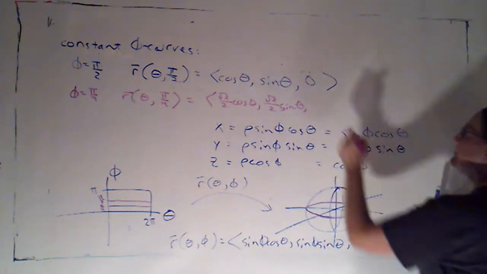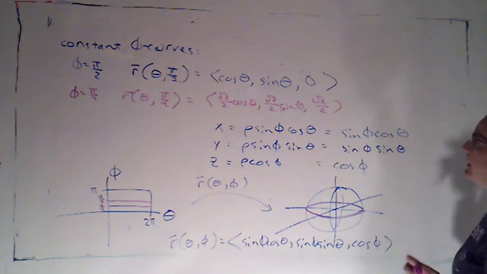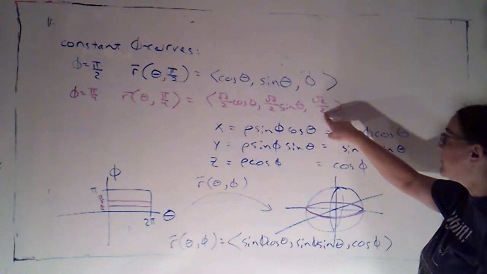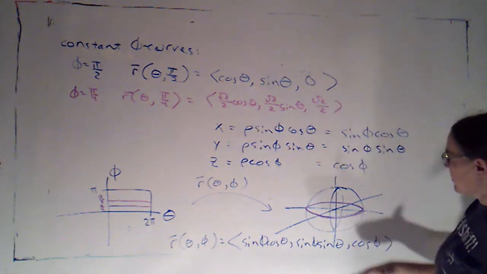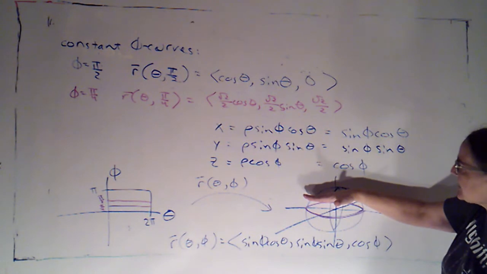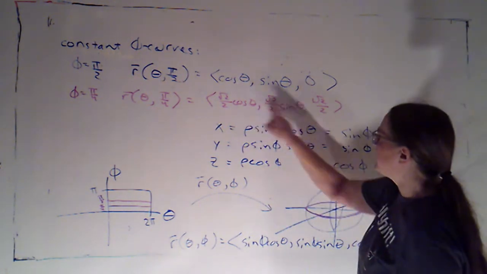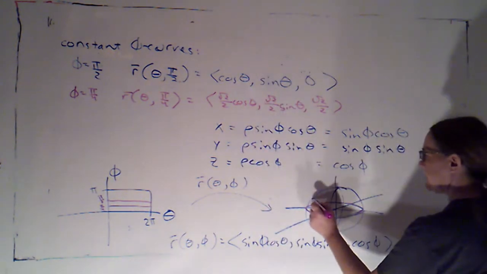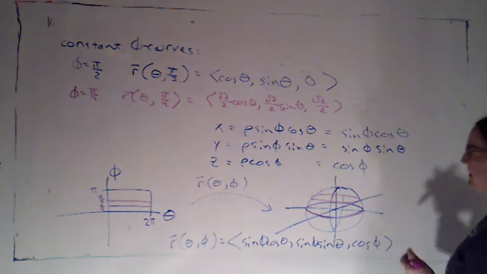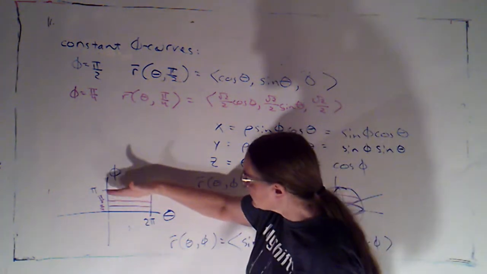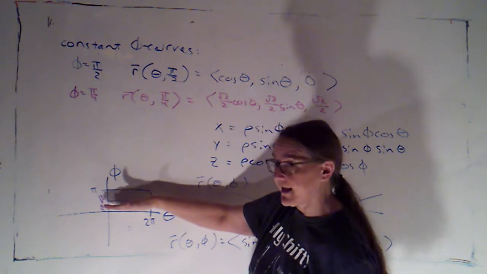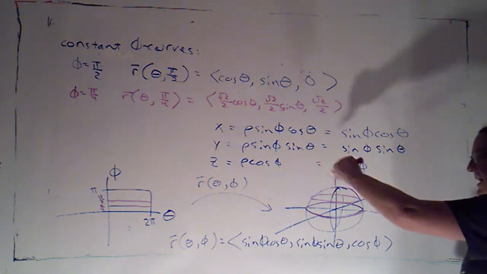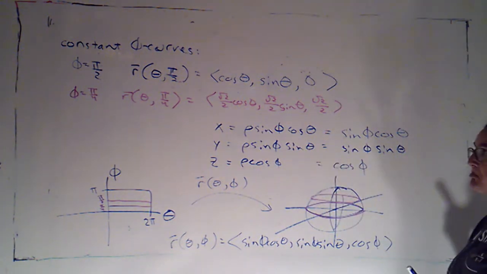And cosine of pi over 4 is root 2 over 2. Well, I recognize that too. This is going to be in the plane z equals root 2 over 2, so we're going to stay at that fixed height, okay? But then this is just a multiple of sine and cosine, so we're just drawing a circle in that plane. So it looks like horizontal lines here, which are what I get if phi is constant, map to circles going around the sphere here. Kind of cool.